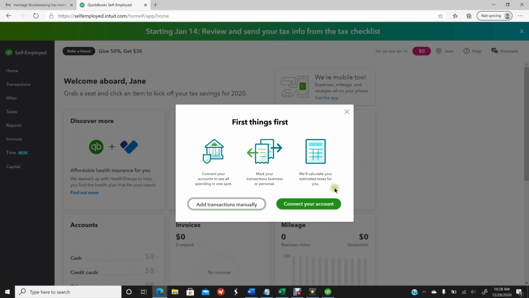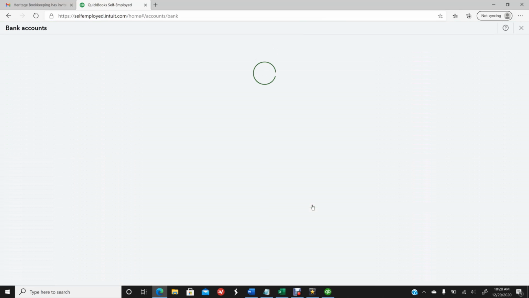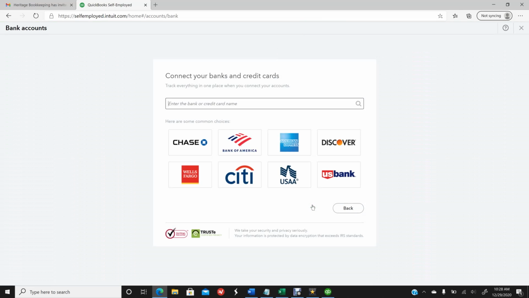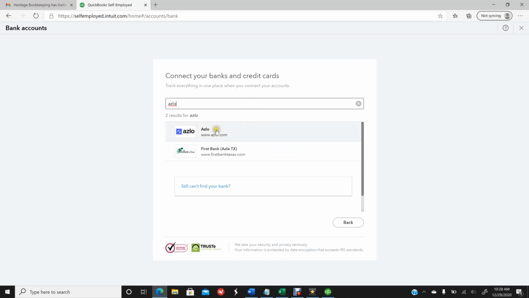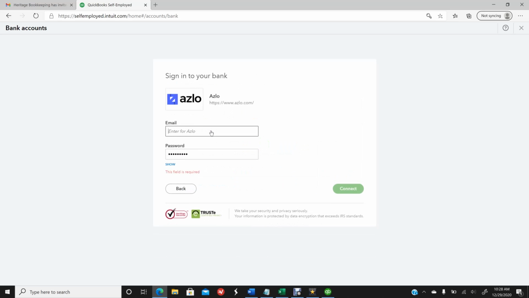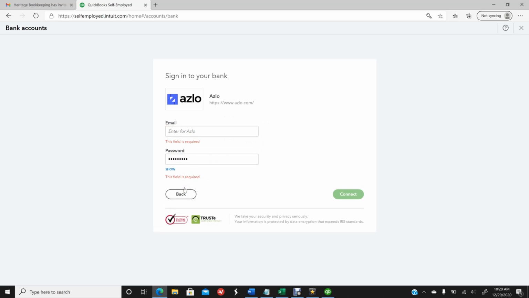The next step of the process is you want to connect your accounts. So we'll click on the green button. And this here is where you would set up your bank accounts. So, let's see here. A lot of entrepreneurs have this company here. This is the one that I recommend. I personally use it. So I'm not going to sign in with my account, but it's super easy. All you need to do is put in your email and your password. And this is the same for any of these